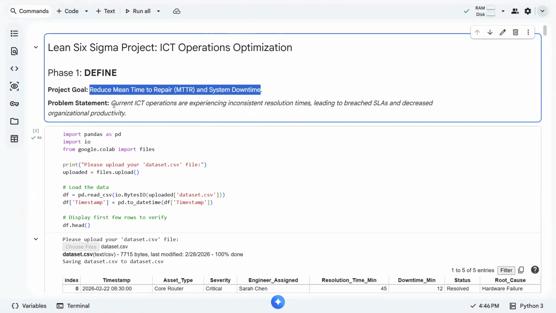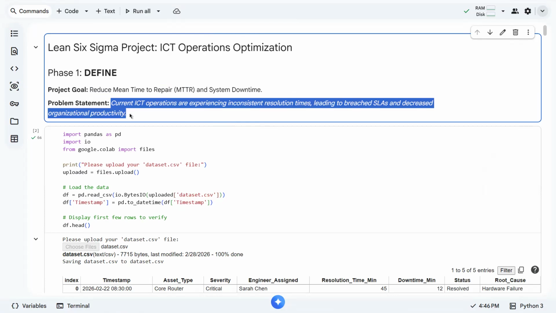We define our problem by expressing it in terms of our goal or goals, and then formally express that in a problem statement. Formally we can say that the current operations are experiencing inconsistent resolution times, leading to breached SLAs and decreased organizational productivity. SLA is actually service level agreement.